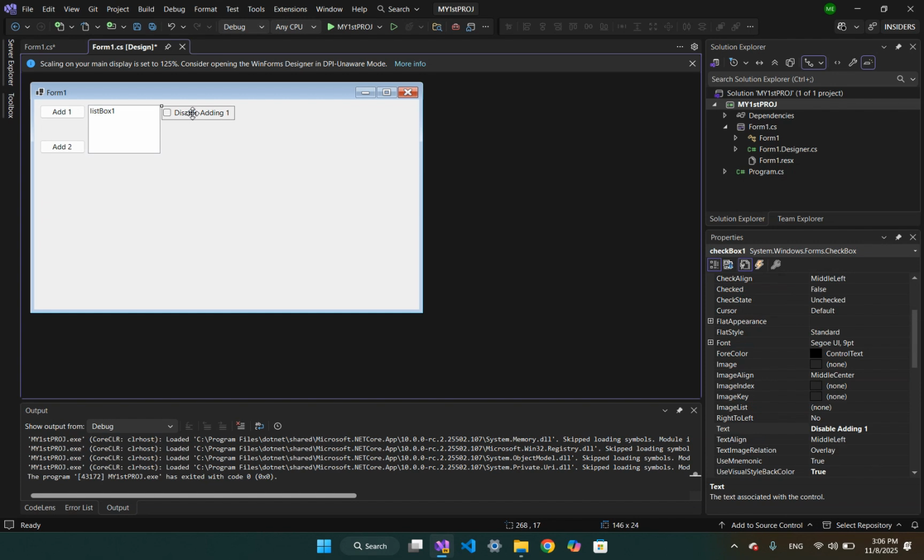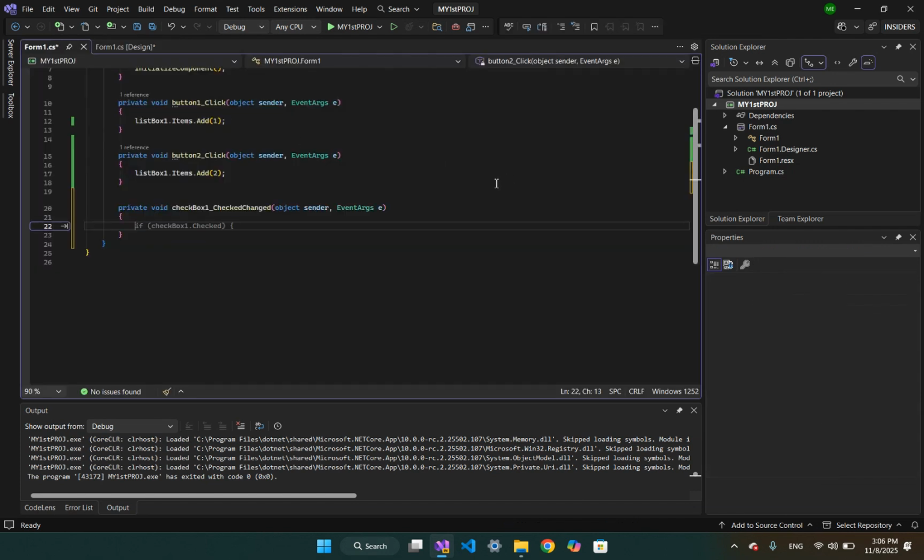Double click on the checkbox. Click tab and close this bracket and write in it